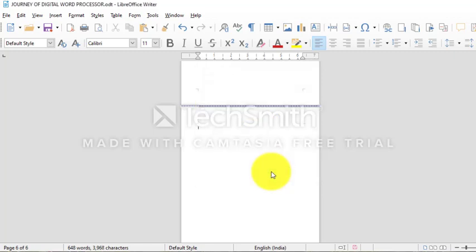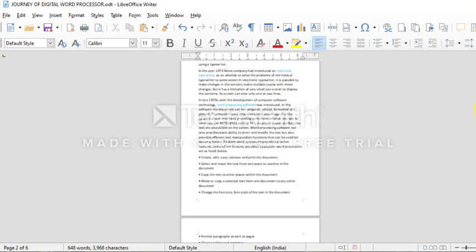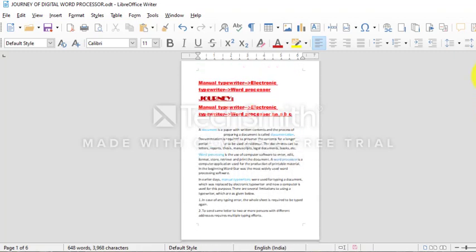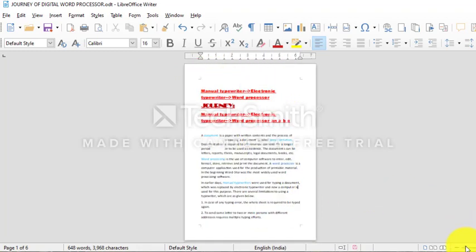Next, we will see how to create header and footer and assign the page numbers. Now, you can see here it is header and here it is footer, right? In a multi-page document, it becomes necessary to add a header and footer to the document for more readability.